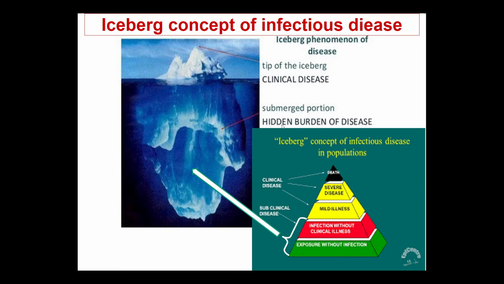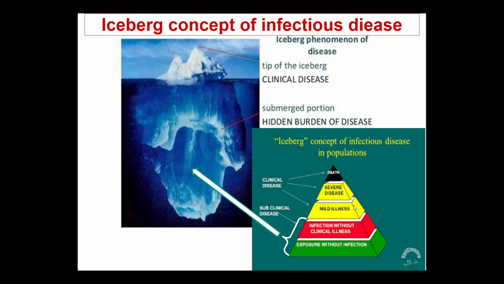The iceberg concept of infectious disease in a population is shown by the pyramid. The upper part of the pyramid, the tip of the iceberg, in black, is the death of patients infected by a certain pathogen. Lower, you see a larger number of patients with severe disease, but they survive. Below this severe disease, you see the next part of the pyramid,